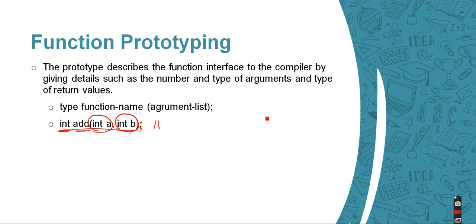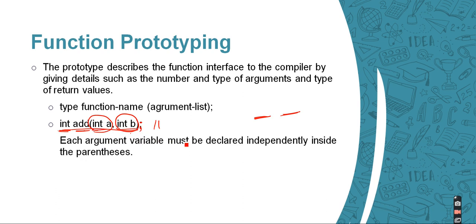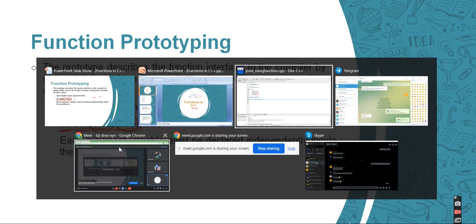So what we want to add? We want to add two numbers. So we have those two numbers, right? That's why I am asking for two numbers. Each argument variable must be declared independently inside the parenthesis, which basically means let's create